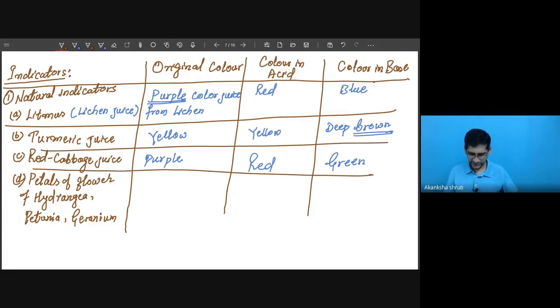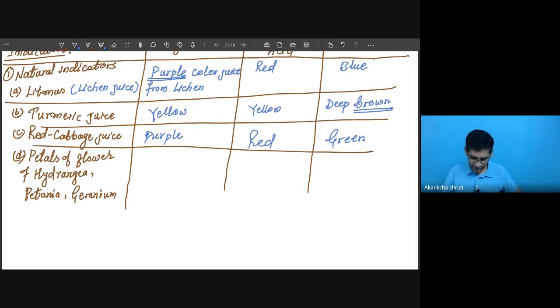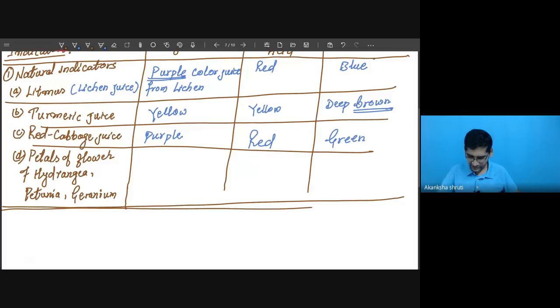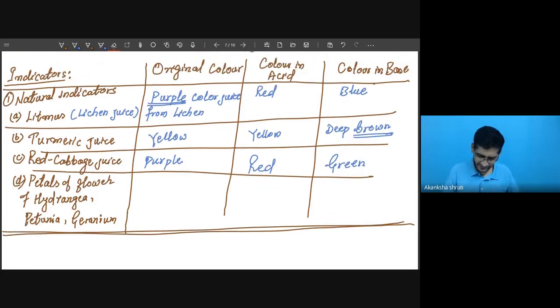It is this one. So it is one category. So natural indicators are over. Now you write the other one. The other one is artificial. The natural one is this one. Up to this one it was the natural. Mark it in double line so that you can understand all these things are for the natural one.